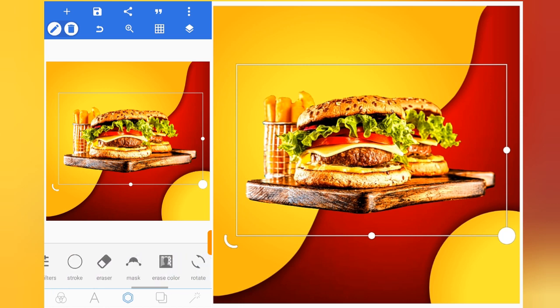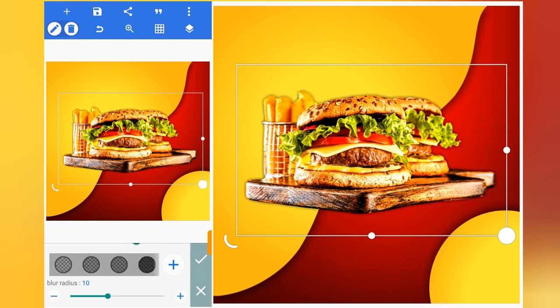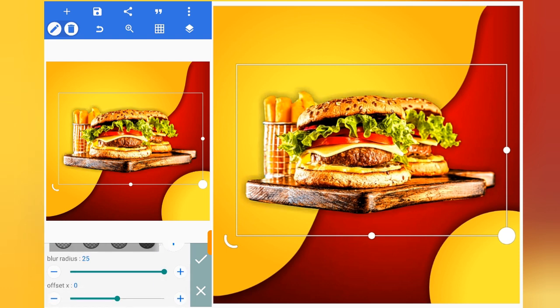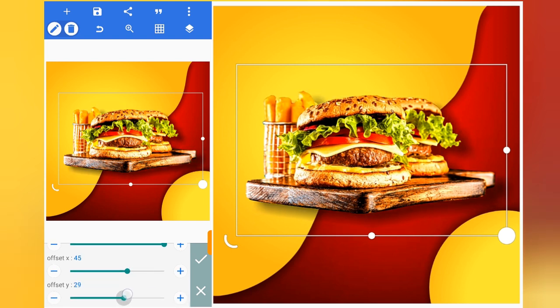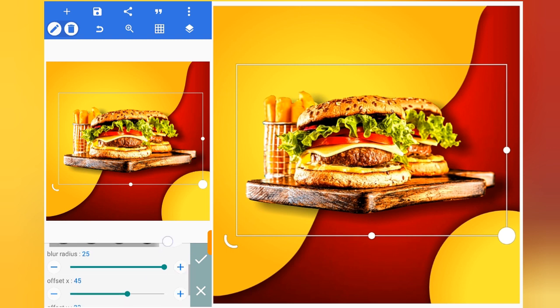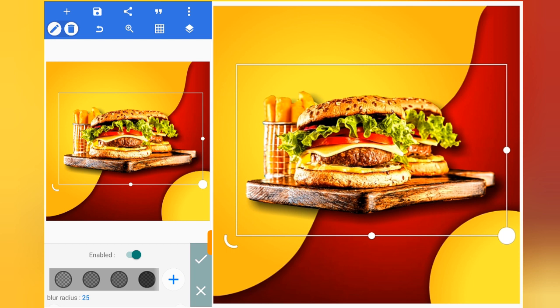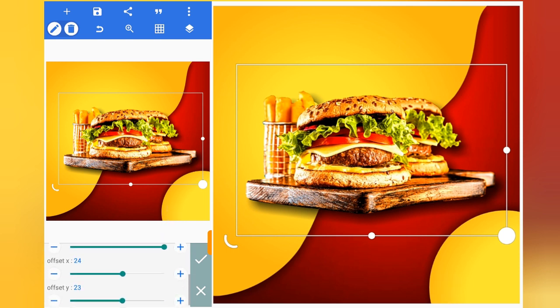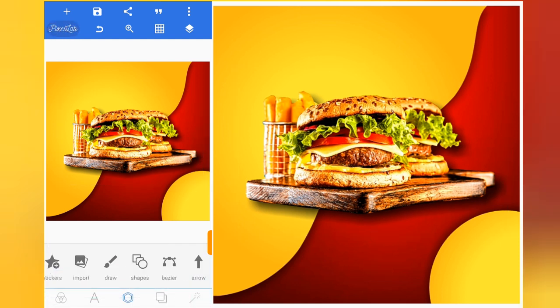So now we move to shadow. You enable shadow. So it's going to be a transparent shadow, the one that we use. So now you increase the blur. So let's move the x-axis. Let's move the y-axis. It's going to come down. So the shadow, let's choose this one. I think this one is okay. All right, this one. How does it look? Let's choose this one. I think this one is okay. All right. You click on good. Now the next thing that we're going to do now is that we need to bring